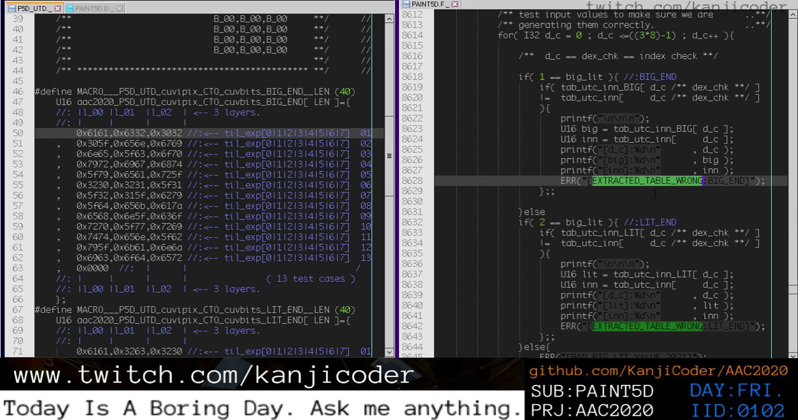So extracted table wrong big end and extracted table wrong little end. And I'm pretty sure this is the one we got, but I'm not sure because I'm kind of losing my place here. But we wrote a little utility to help us check things. So we have this, the check value, and this is the actual input table. So this thing that says tab UTC in is actually